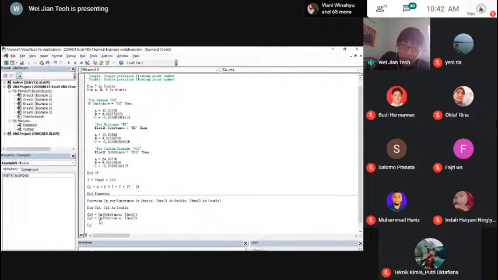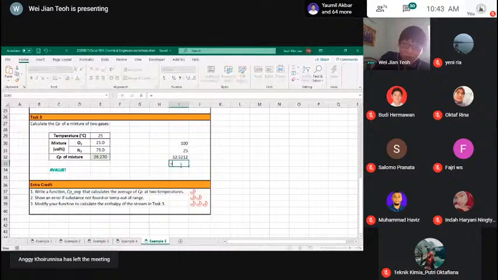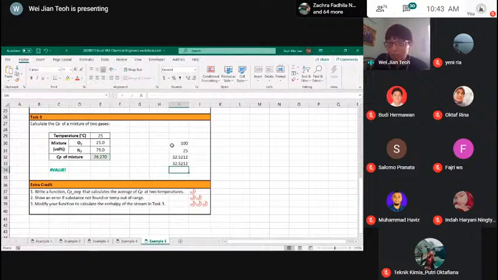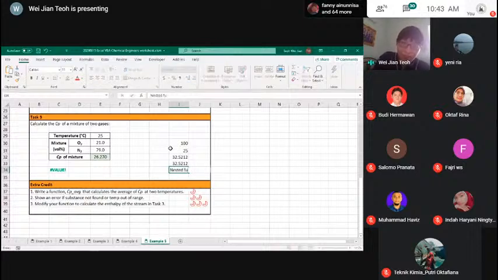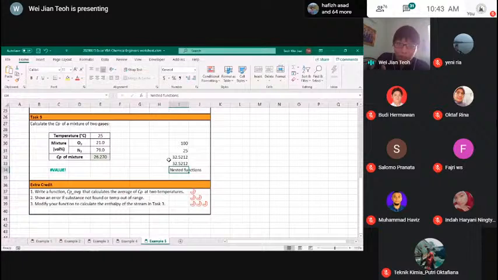So I'm going to calculate CP average here equals CP1 plus CP2 divided by 2. Let's try if it works. Let me save this and go back. CP. So you can see the new function showing up, CP average. I'm going to type in O2, temperature 1, temperature 2. So I get the same answer. This is how you use functions inside other functions. The correct computer science term is nested functions, but I don't want to use too many difficult terms here.